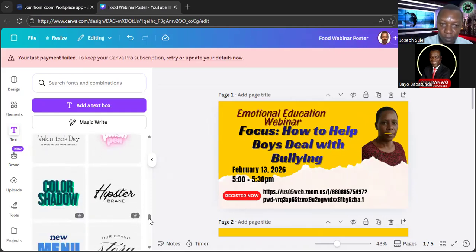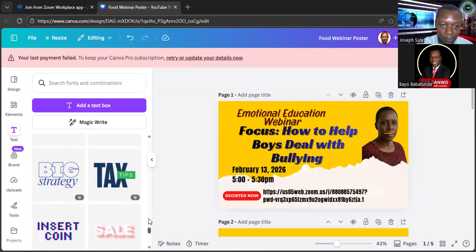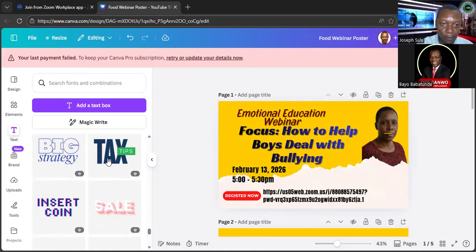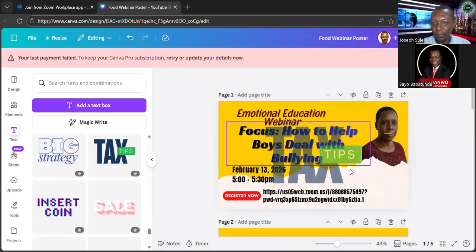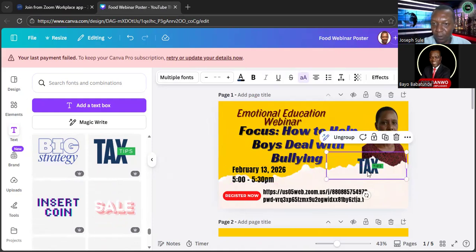Never forget the rule: whatever font style you choose, the style must be legible. Okay, I think I would like this. Let me just give it a try. Whatever font style you choose, it must be legible. And I can say,